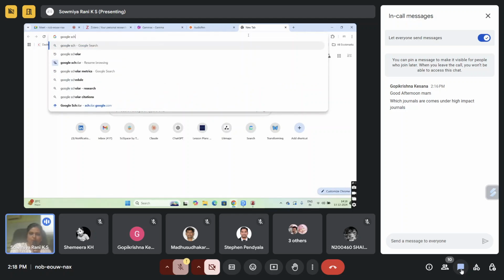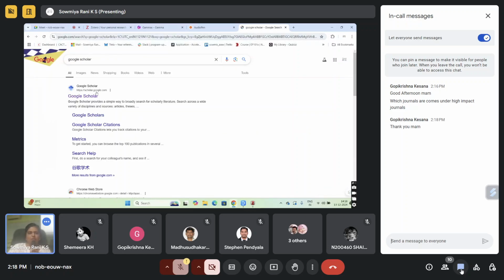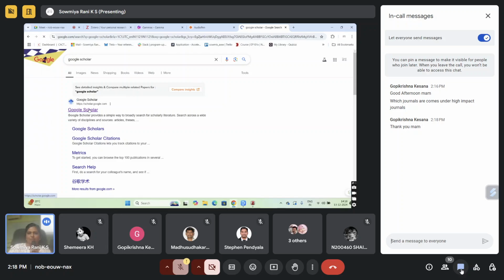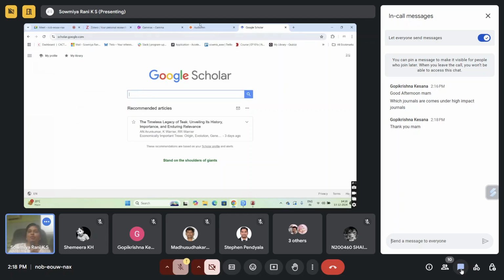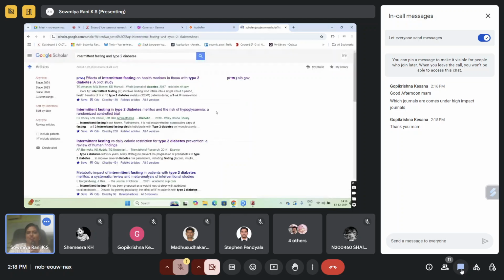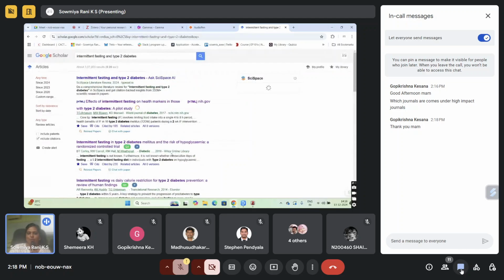So where do we normally search for literature? We do it in Google Scholar. So I am going to go into Google Scholar. Remember, Zotero is only your storage system. You cannot find literature on Zotero. So I have to go into a literature search database like Google Scholar or any other database and search for literature. And when I find that there are one or two papers, say I'm interested in reading